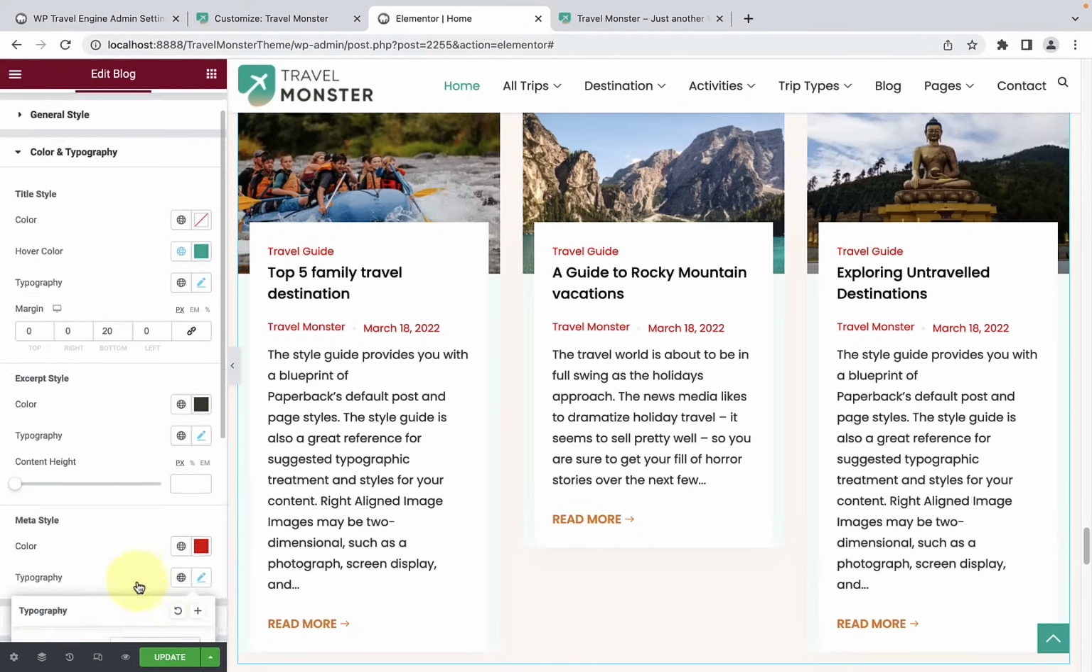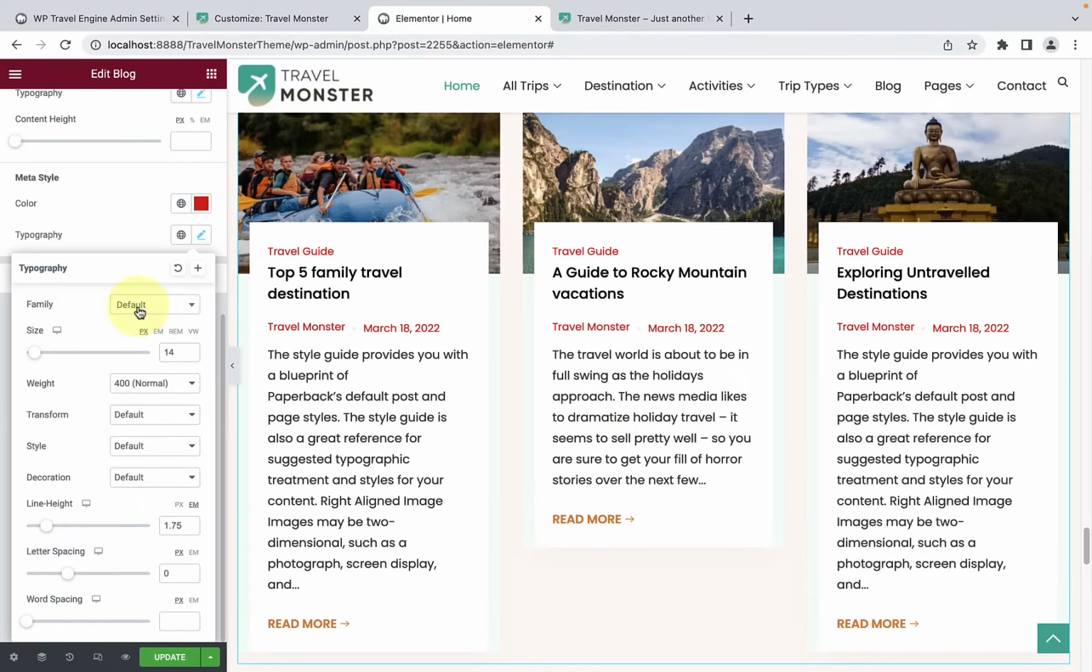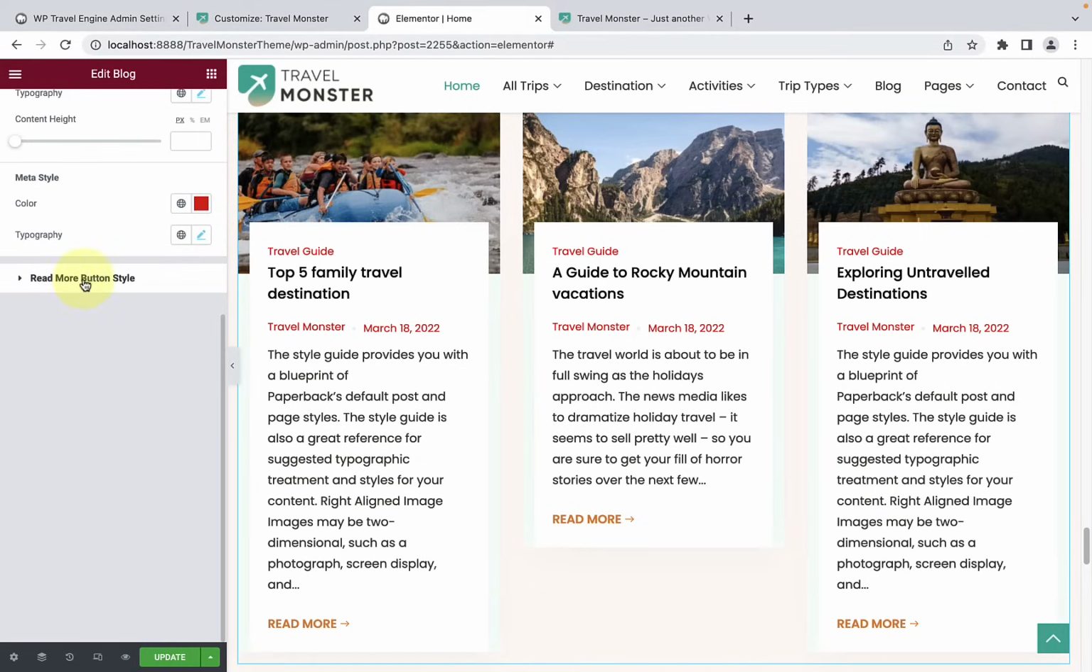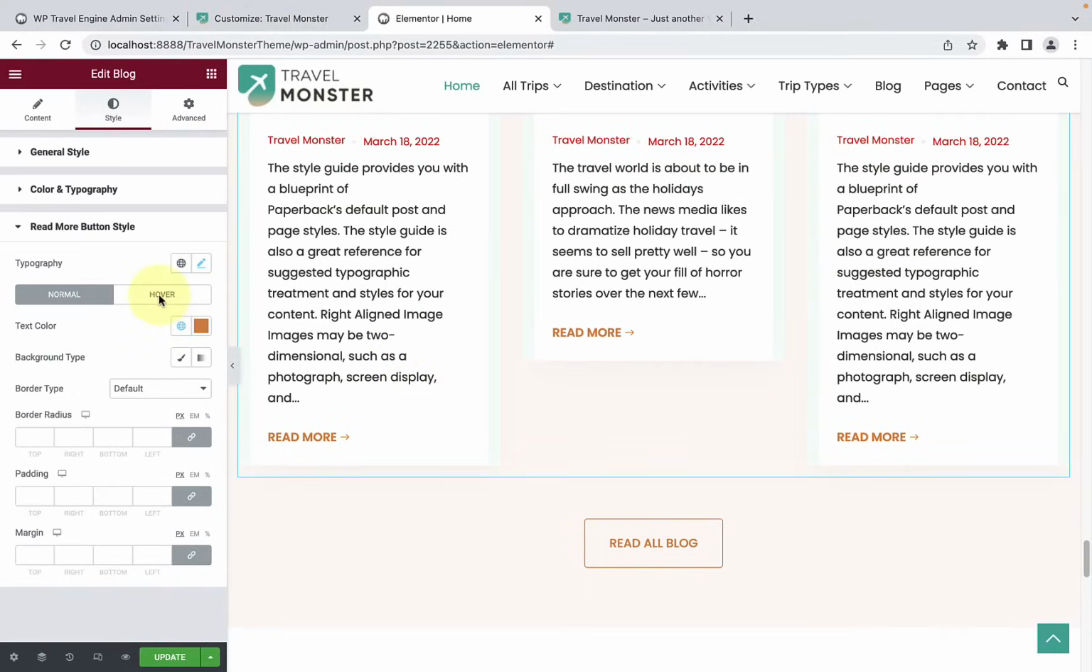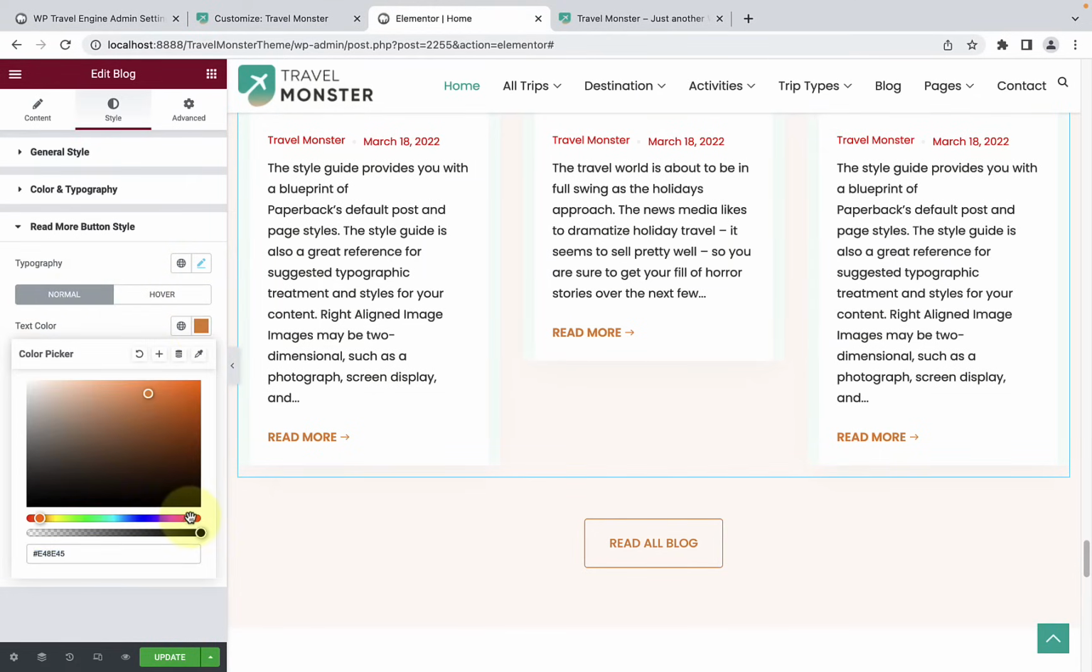Then from the typography, you can select the font family, you can set the font size, then you have other options that you can explore. And you also have the options for read more button style. Like you can change the typography, you can change the text color, you have the options for normal and the hover state. So for the normal state, if I set the color as red,